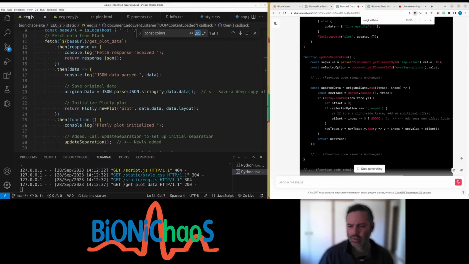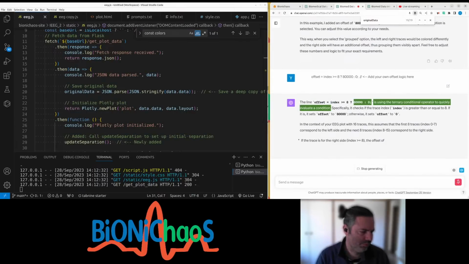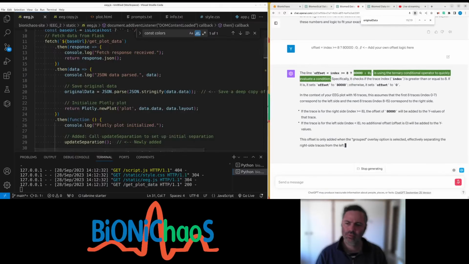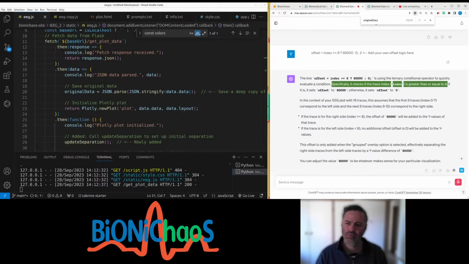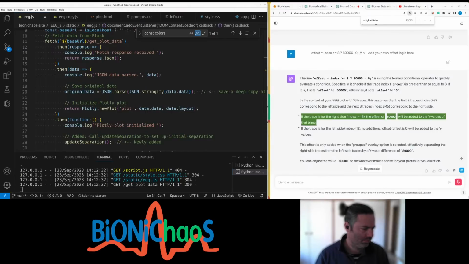The line offset = index >= 8 ? 80000 : 0 is using the ternary conditional operator to quickly evaluate a condition. Specifically, it checks if the trace index is greater than or equal to 8. If it is, it sets offset to 80,000, otherwise, it sets offset to 0. In the context of your EEG plot with 16 traces, this assumes that the first 8 traces, index 0 to 7, correspond to the left side and the next 8 traces, index 8 to 15, correspond to the right side. If the traces are for the right side, index greater than or equal to 8, the offset of 80,000 will be added